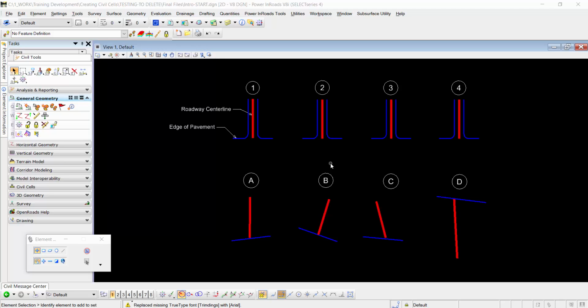Hello and welcome. We are beginning exercise number 1 in the class Introduction to Creating Civil Cells. As you can see on the screen, we are in the file intro start.dgn file, and we will begin now with exercise number 1. In the first exercise, what we want to do is we'll look at the 4 configurations